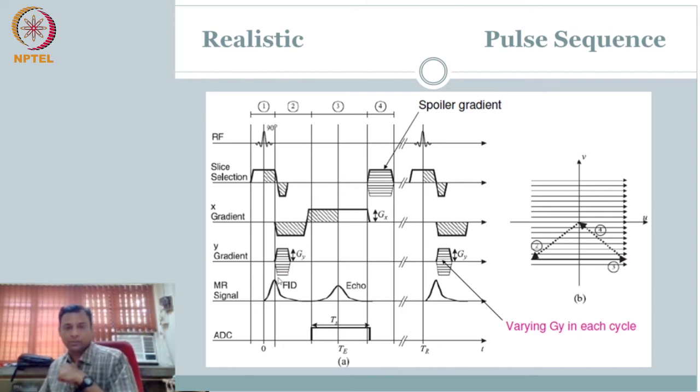Of course, just to demonstrate, this is one of the lines, right? You have repeated the line, so you got one of the lines you are moving to. You are moving here, and then immediately thereafter you are applying the gradient and reading out. So you are starting from here, you are reading out. You repeat this for different v, right? You will have different lines. So this explanation you should be able to do.